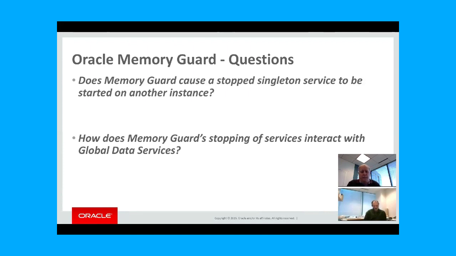How does Memory Guard stopping of services interact with GDS? Okay, so